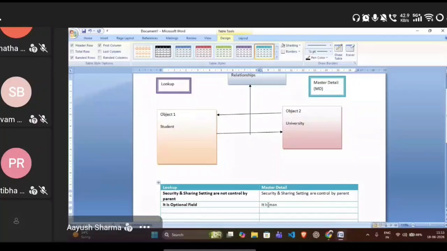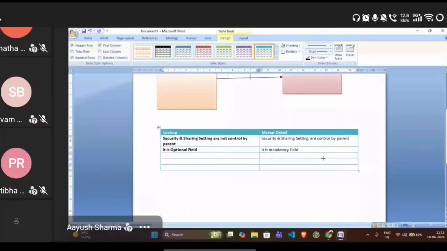This one is a mandatory one. And Aditi said it is loosely coupled, and it is